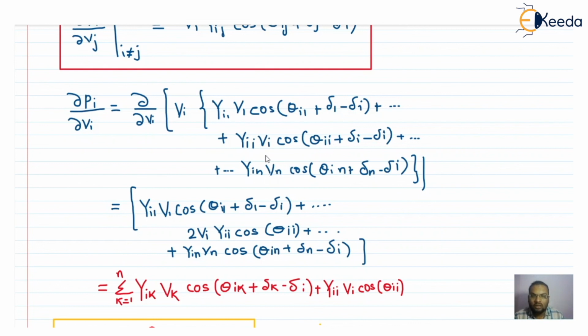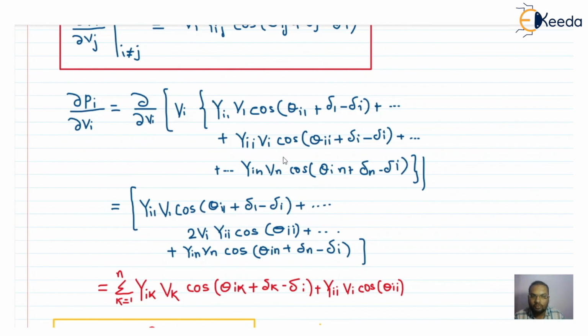Now you see here, everywhere vi is getting multiplied. Vi will get multiplied here, vi will get multiplied with the second term, the third term, the ith term, up to the nth term. When it is getting multiplied with the first term, the rest of all the terms are constant. It is a partial differentiation, only vi is the variable. So what remains is the coefficient of vi. We can copy that coefficient as it is: yi1 v1 cos of theta i1 plus del 1 minus del i,